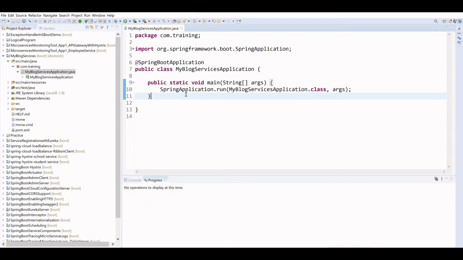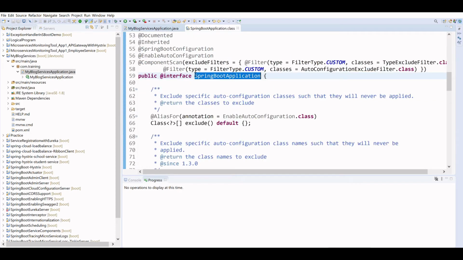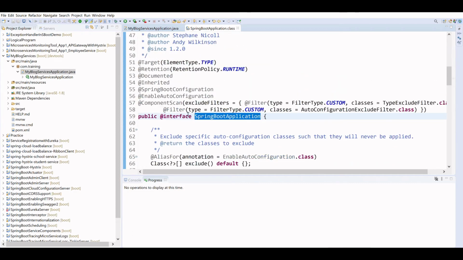So in the application, it is already annotated with @SpringBootApplication. This annotation is a combination of different annotations. If you have already worked on the Spring framework, it is a combination of component scan, enable auto configuration, and Spring Boot configuration.